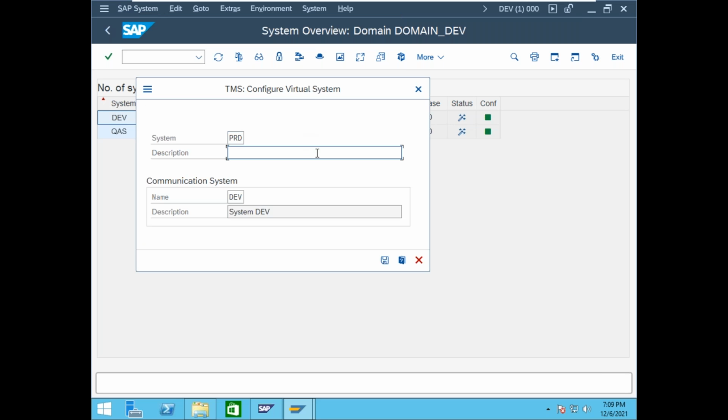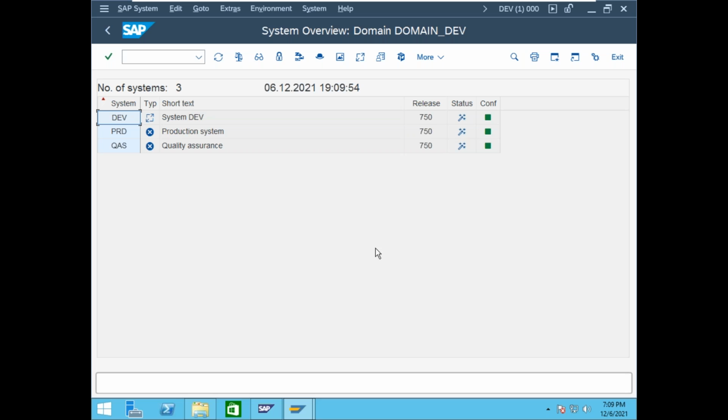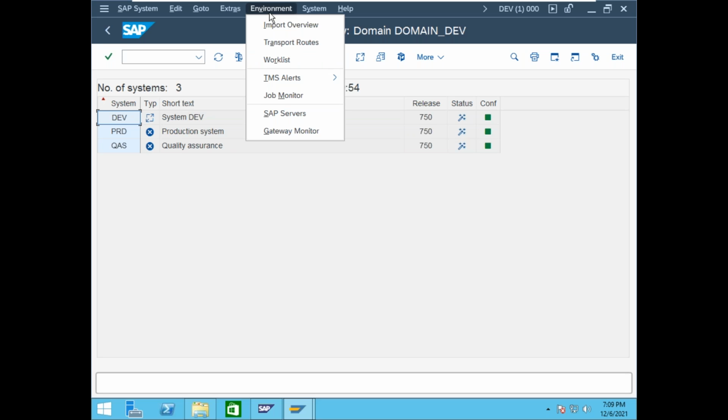ERD. Production system. Save. Okay, environment. Now we want to create routes between the systems one by one.